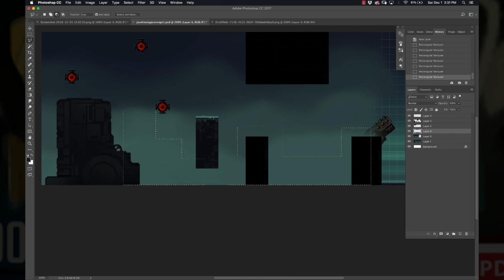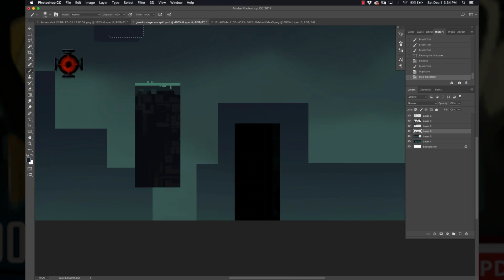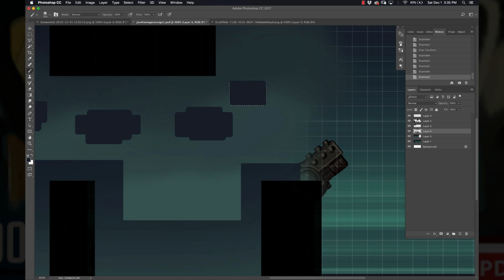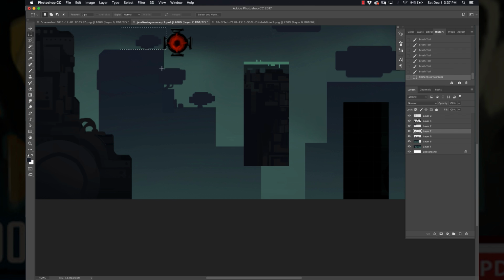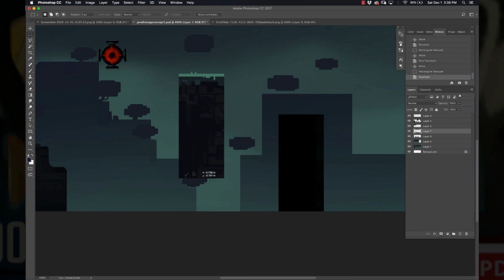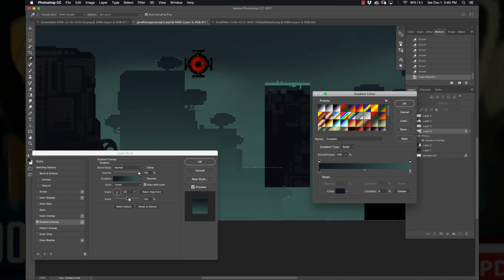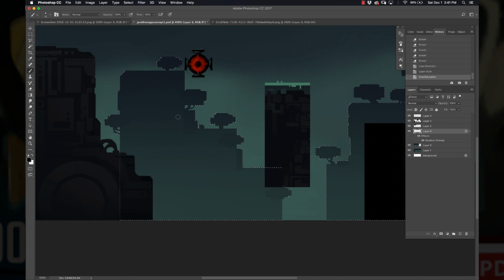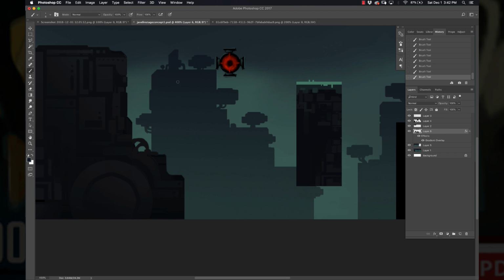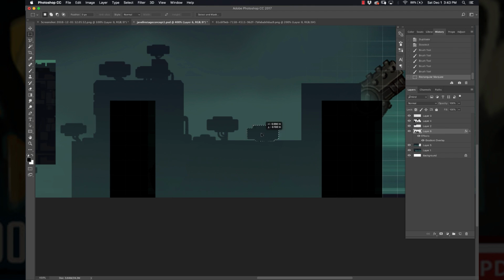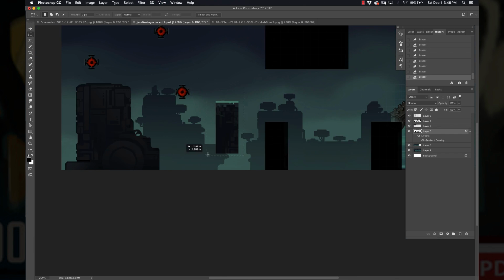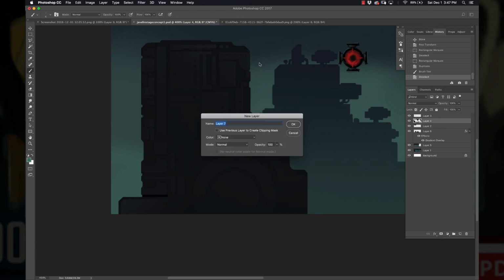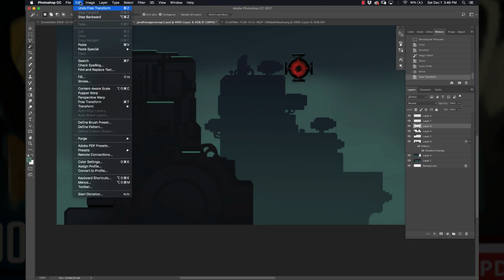I reused a lot of the assets from the platforming segments of the game to create a lot of the solid structural elements, so that there's a direct relationship. The player will get a feeling that they're still in the same game world, but it is an exterior, more zoomed out kind of space. So the trees are a little bit smaller, and a lot of the details are condensed down so that it feels like this is a much more distant shot of the same type of location, but not the exact location. Also making sure that I'm using the same sky colors and the same grass colors,